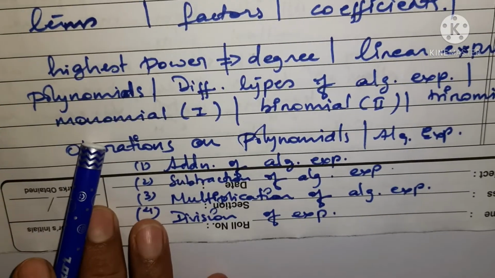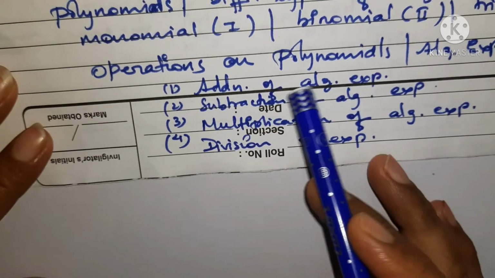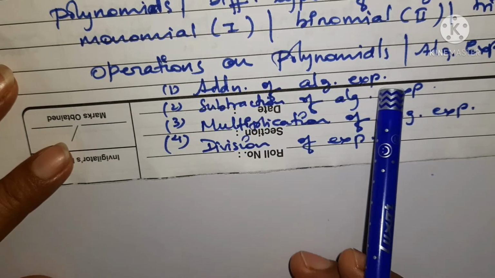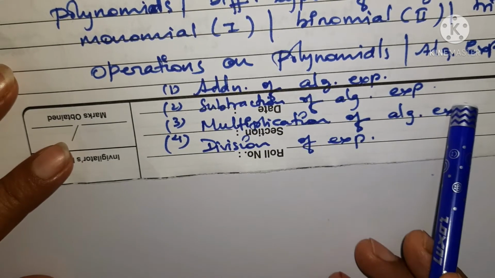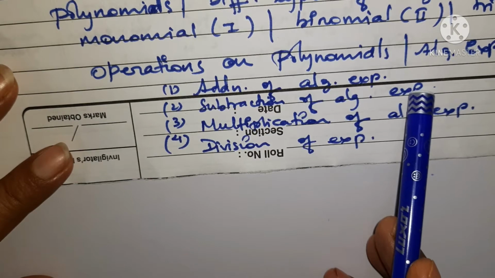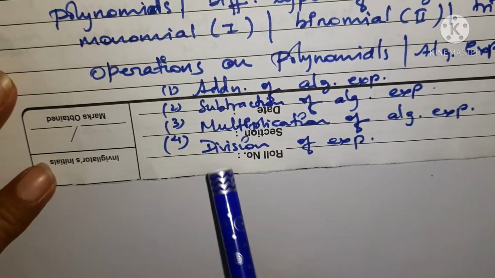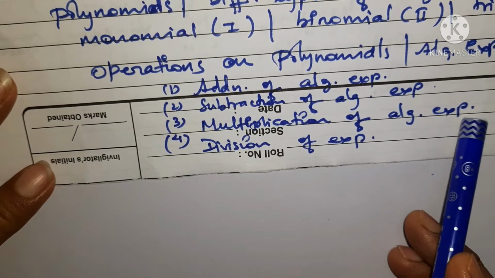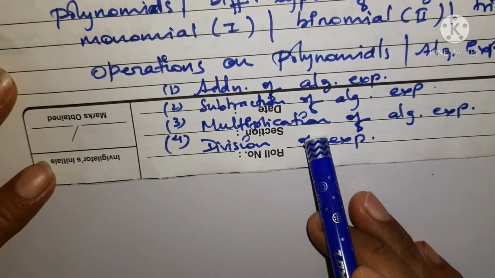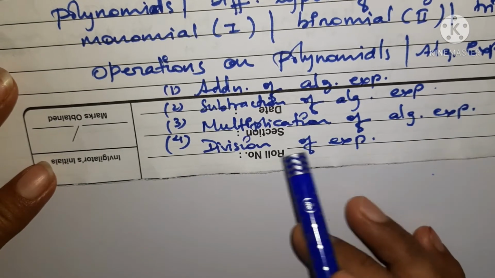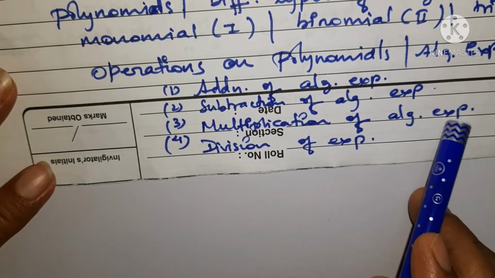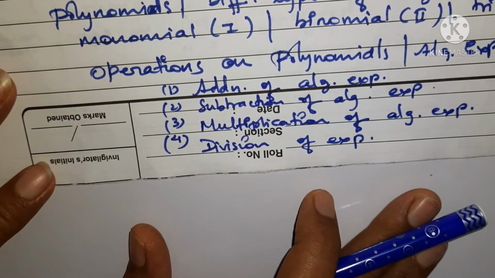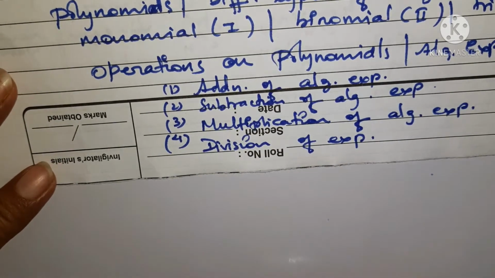So we are going through operations on polynomials, or you can say operations on algebraic expressions, in which we have four categories: the addition of algebraic expressions and subtraction of algebraic expressions, and these two are already done by us in previous sessions. Now we have to start with multiplication of algebraic expressions, and in today's session we will see how to multiply binomial with binomial. There are three types of cases in multiplication of algebraic expressions that we are going to have today in our session. So let's discuss how to multiply a monomial by a monomial.